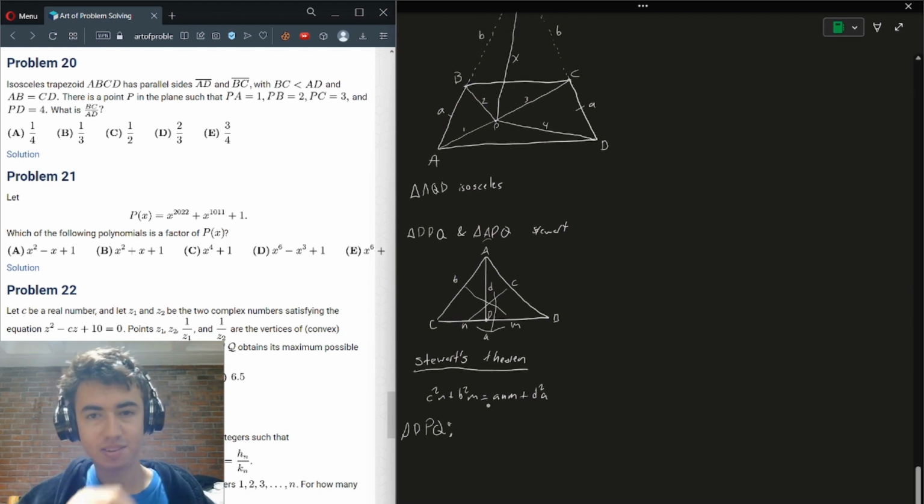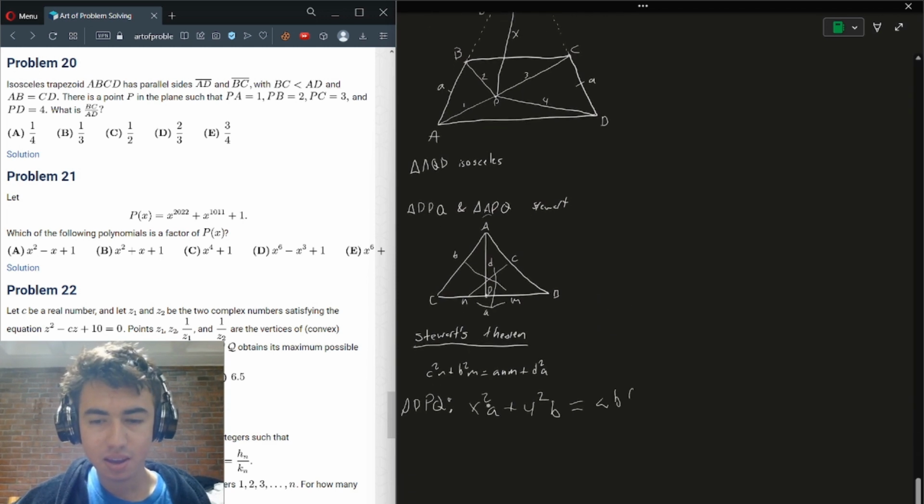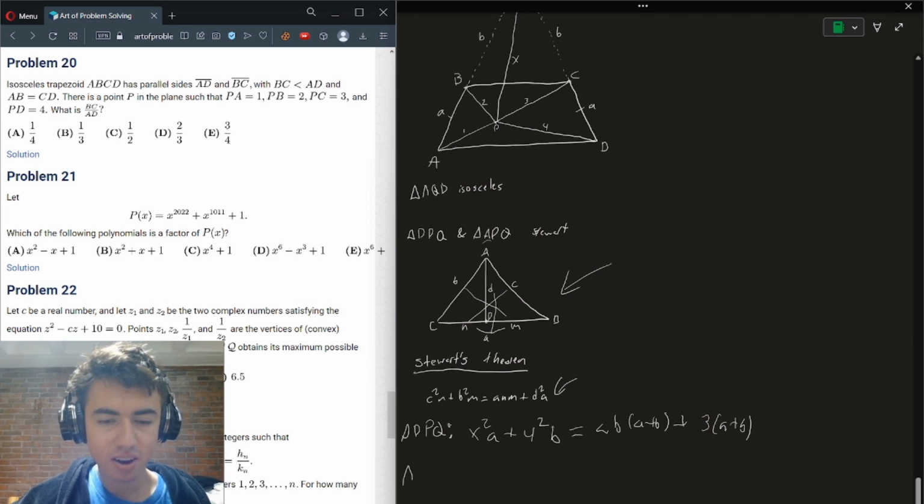Anyway, we take, so the C squared N is the same as X squared A plus 4 squared B is equal to, let's see, A plus B plus, what is the last thing? We have 3A plus B, right? And remember, that's just like plugging in the sides of triangle DPQ into this formula and then putting it into this equation. I'm going to do the same thing here with triangle